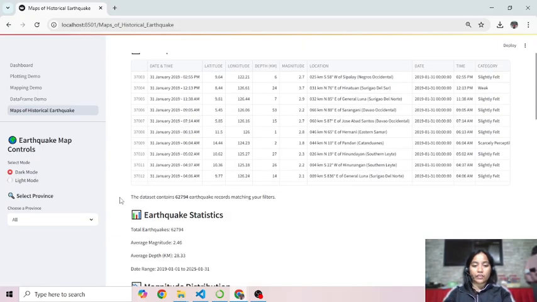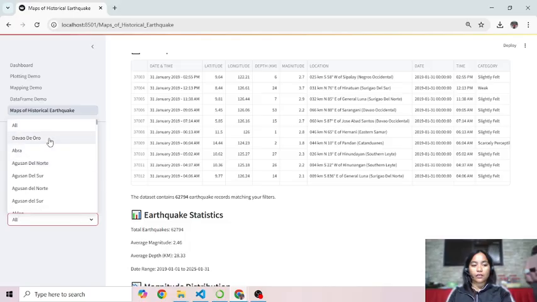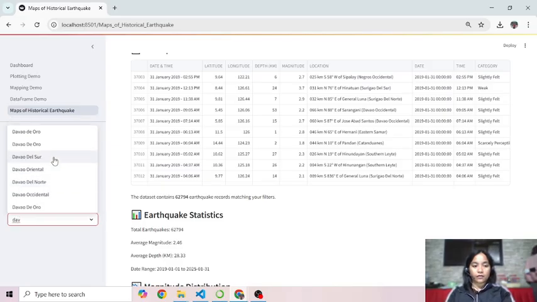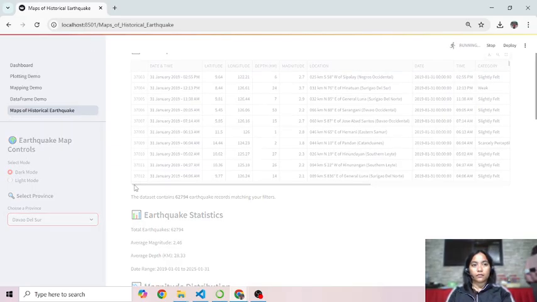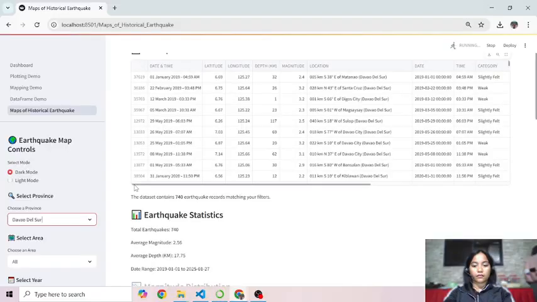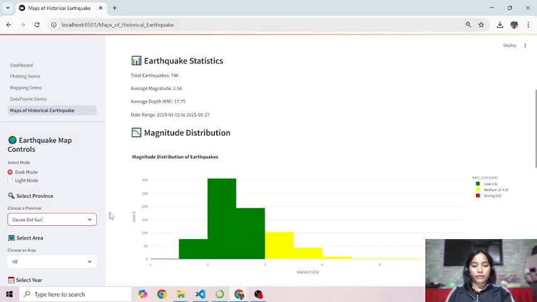Key features is interactive maps, viewing interactive maps.